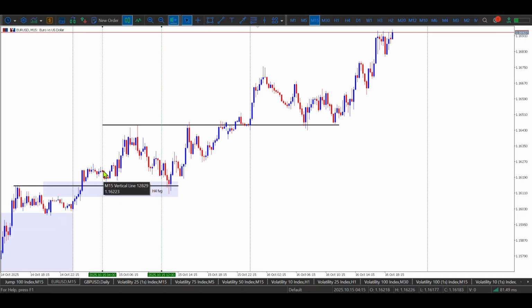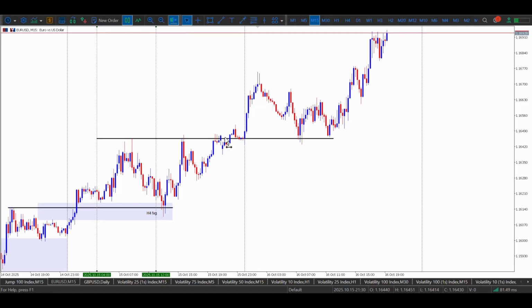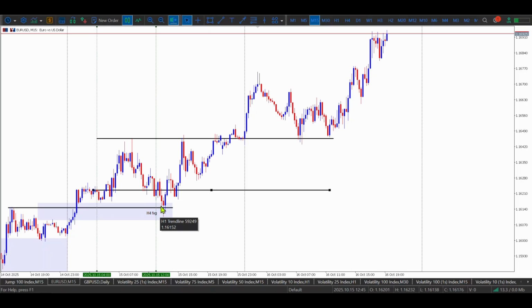We opened here, as you can see, below the New York midnight open right here. We trade lower and go up during the London session, and then come down as well during the London session into New York. So all of my entry setup here,